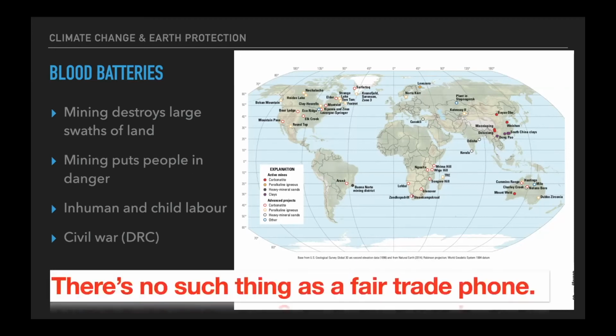And I saw this and it really stuck with me. And I hope that this sticks with you too, that there's no such thing as a fair trade phone. Every single phone that is produced, that is sold, that is stolen, shared, what have you, whatever happens to that phone, it came from a place that caused someone harm. That's not just true for phones, it's true for tablets, it's true for laptops, it's true for pretty much any electronic device. We don't have anything in place to allow for equal, equitable, and safe production of these materials to this day.